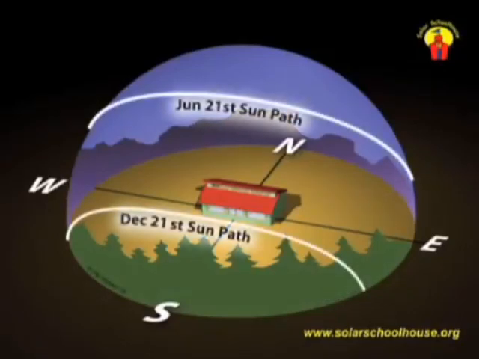If we draw the sun's paths on these two days, we can clearly see why the day lengths are different. The sun's path across the sky is longer in the summer and shorter in the winter. The longer the path, the more hours the sun is in the sky. Throughout the year, the sun's path will move up and down between these two extremes. We can now begin to chart where the sun will be at any time of day during the year at this location. At 9 in the morning,